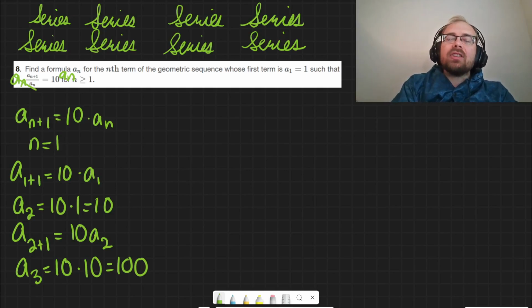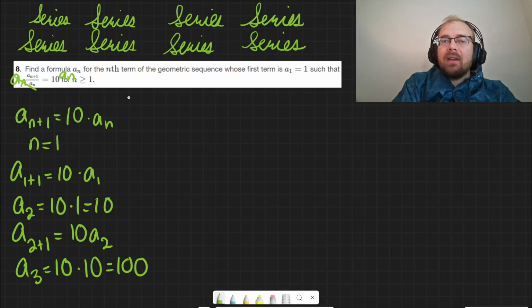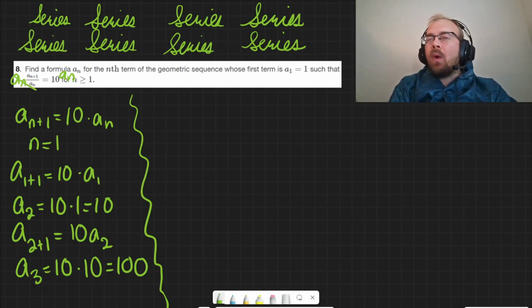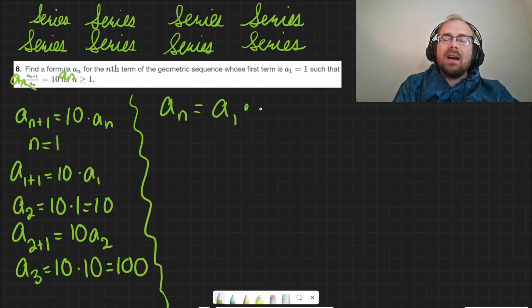That's the common ratio. And so from here, when we build the formula, when they say make a formula or find a formula, what they're saying is find the explicit formula. That's sort of like the default one. So if they don't mention what kind of formula it is, they want the explicit formula. So that would be a sub n is equal to a sub 1 times r to the n minus 1